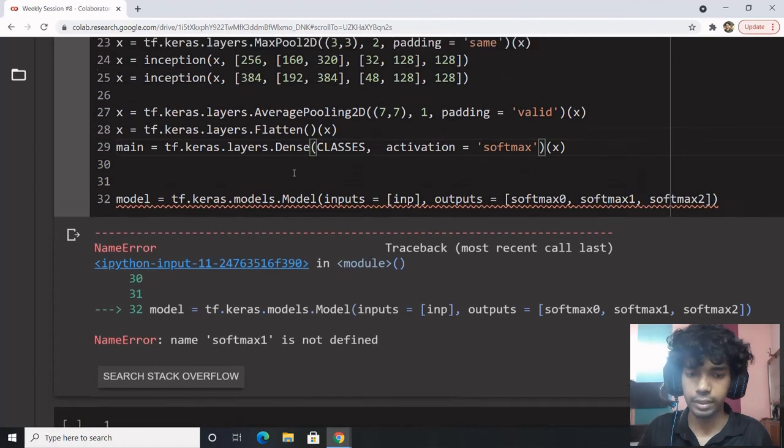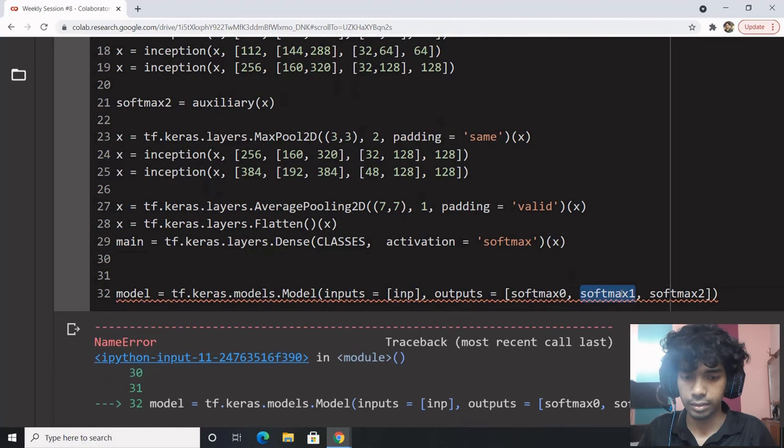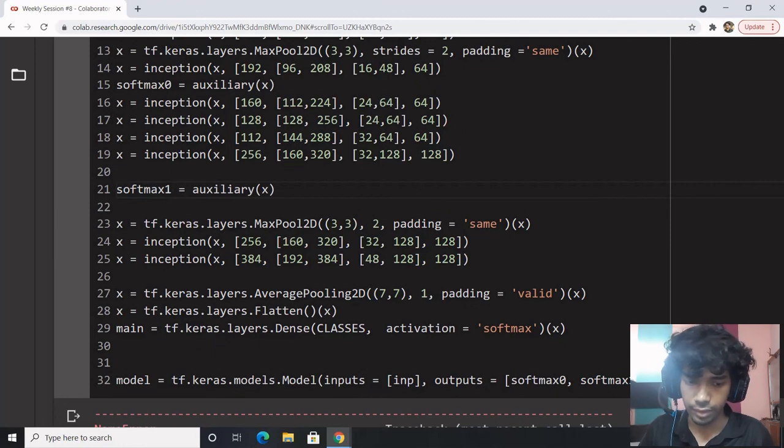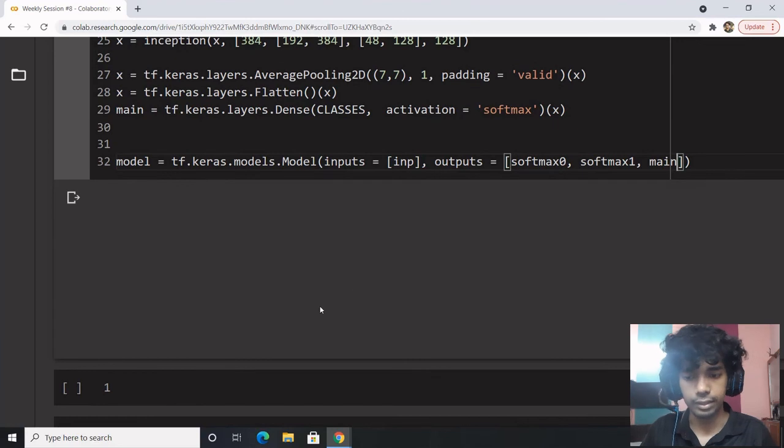Softmax 1 is not defined. Softmax 1 is not defined. Yeah, that is my main. Softmax 1 should have been defined. It is softmax 1, and we have main over here, and we are finally done with this.